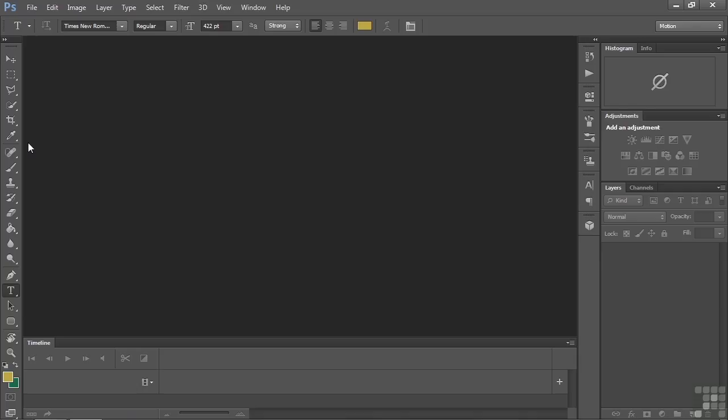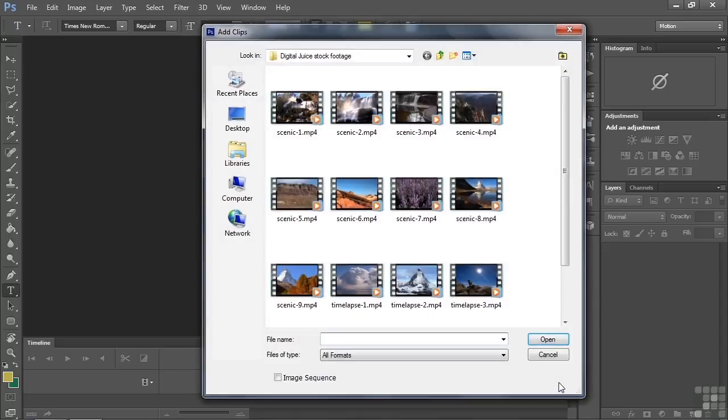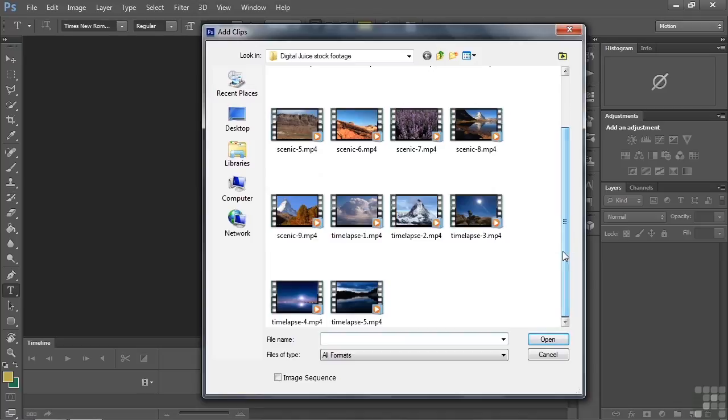We're inside the motion workspace here. We're going to switch to 3D in a moment, but we'll just start in motion. I want you to bring in a specific video clip. So click on the plus sign. I want you to go to the Working Files folder, Digital Juice Stock Footage subfolder, and bring in the Time-Lapse